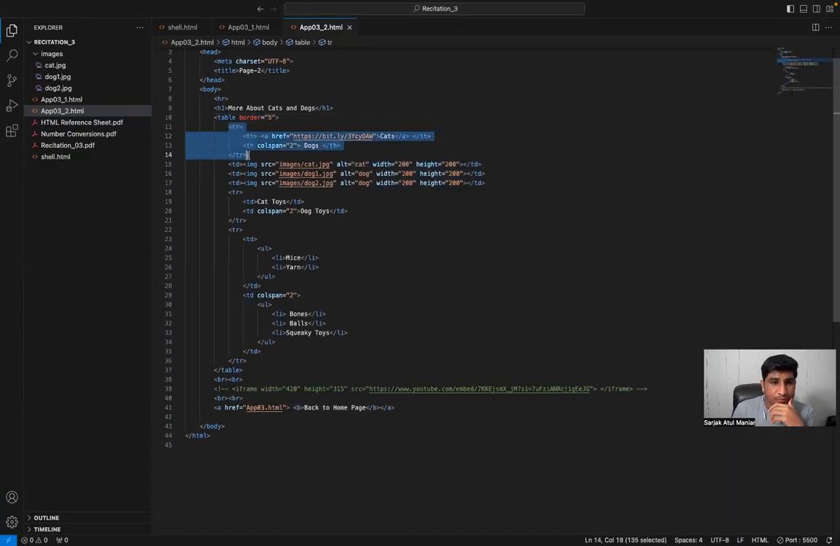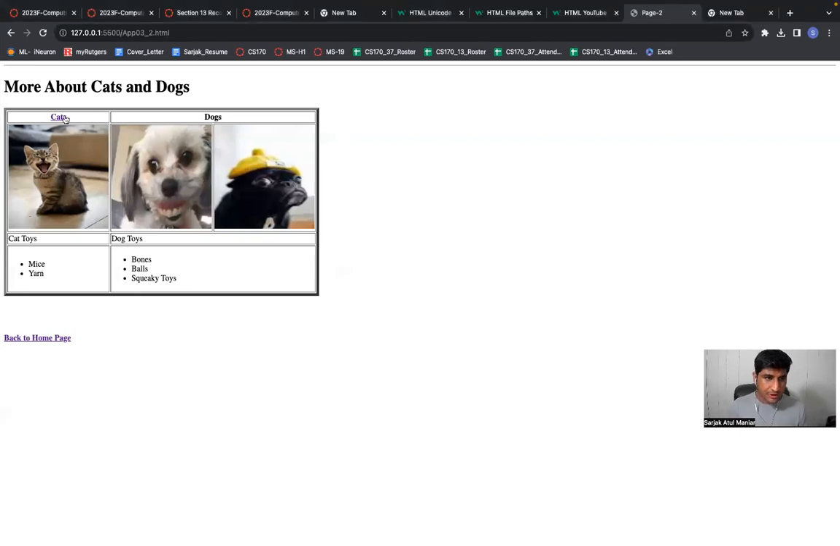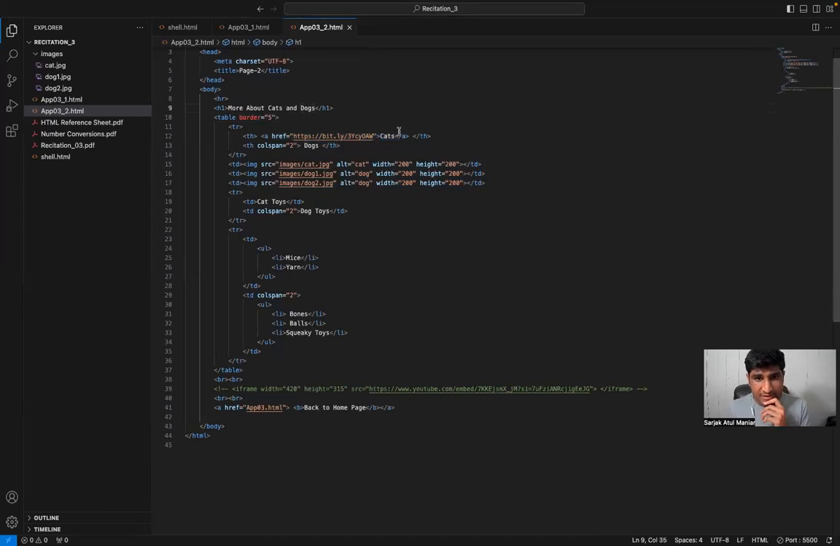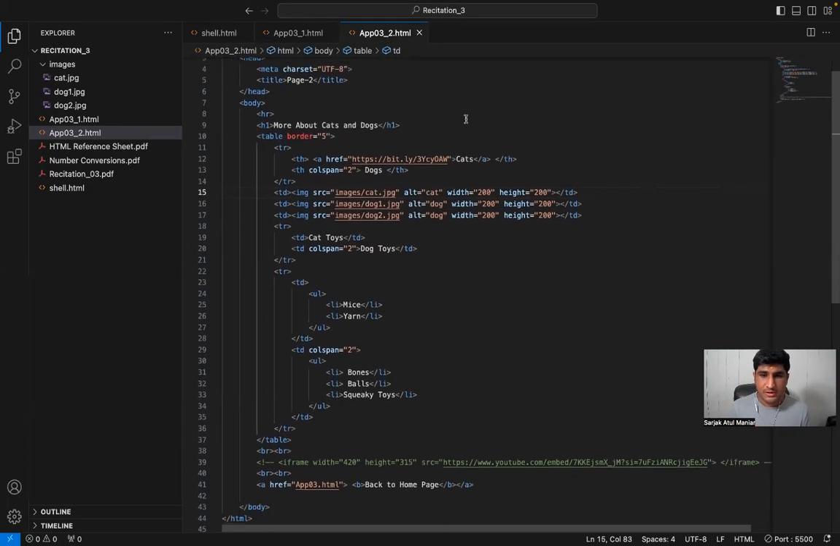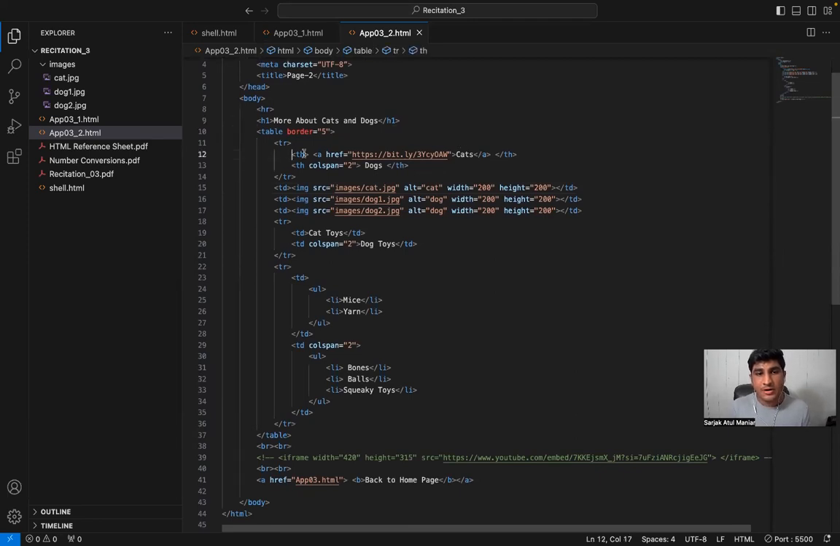This is the table row. Inside the table row, there's a table heading, right? There are two different kinds of table headings called cats and dogs. Over here, you can see that one is cats and the other one is dogs. In the cats heading, what we have done is we have included a tag. Let me zoom in so that you can see it properly. Inside our table heading tag, we have written this cats heading inside our